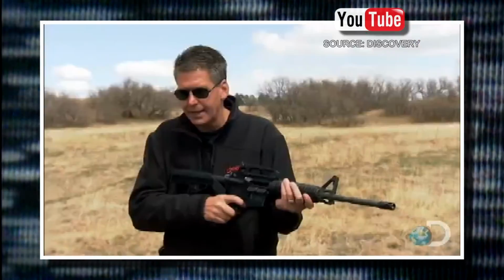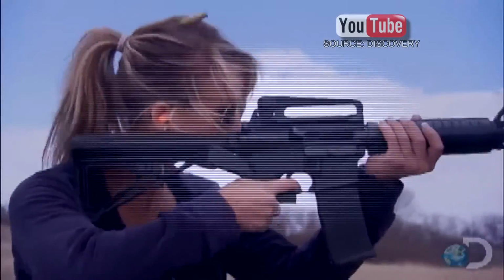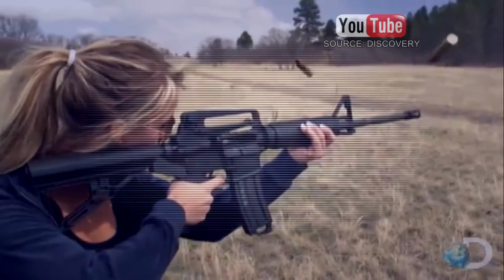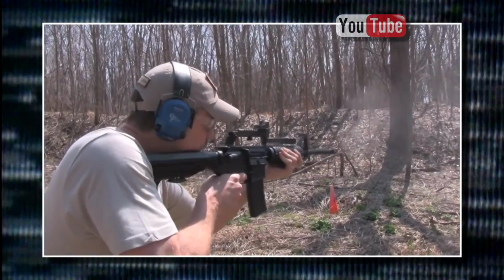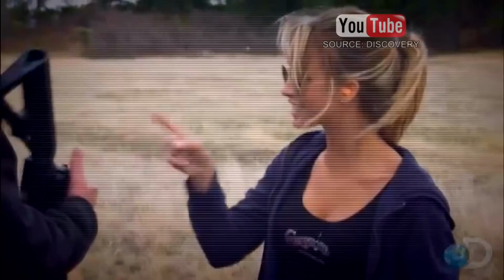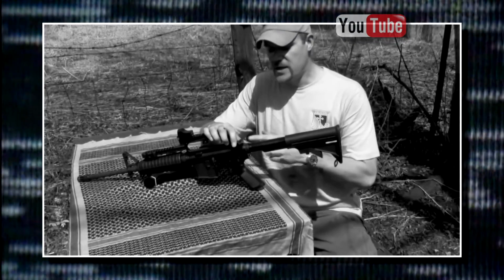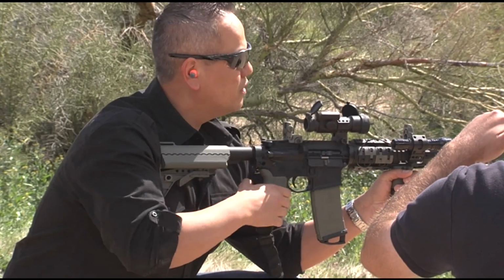Called a slide fire. And then once it fires, the gun bounces back and forth, and it fires just like a machine gun. We found numerous examples of 30 shots fired in just 3 seconds. That translates into about 600 rounds every minute. This thing is cool. Despite dozens of YouTube examples showcasing its merits, we wanted to see for ourselves what slide